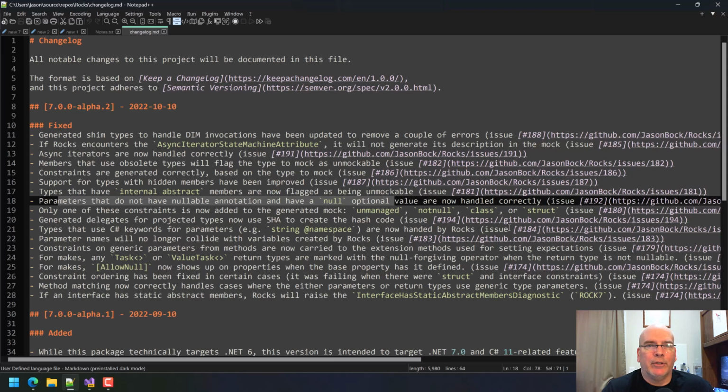So now I have code in there to say, if you run into that case, it just flags it with a diagnostic and says, can't be mocked because it has internal abstract members. This is the fun part of this code generation app, because it really found a lot of things that I just did not think of. All these are coming from that, or at least most of these are.